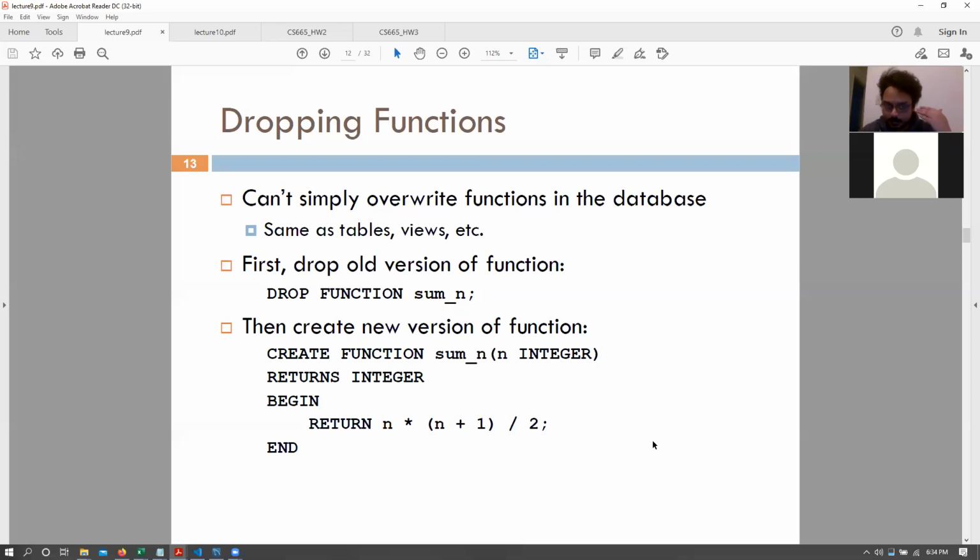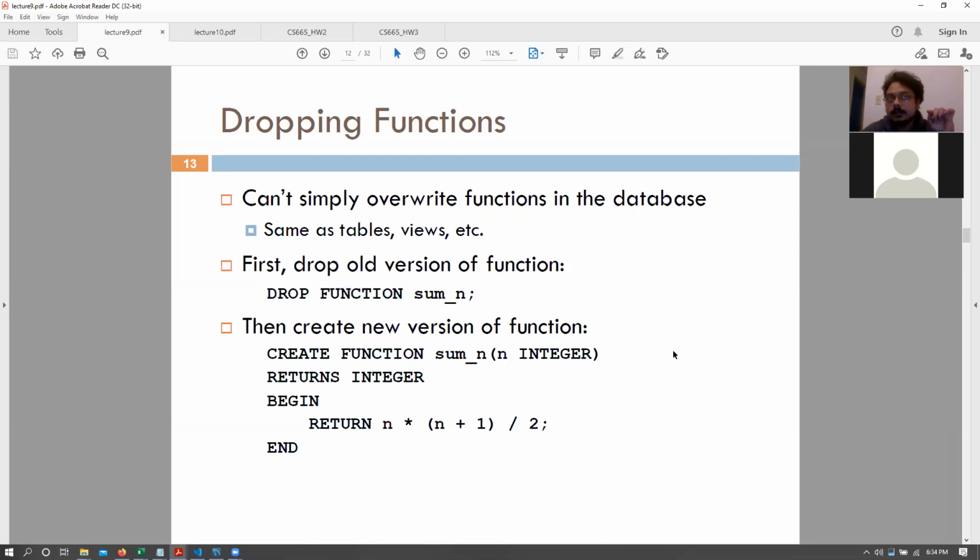Can execute them, you can perform select operations on them. So essentially, we can also create a new function as we did, basically create function, and so on. Or we can also drop an existing function from our list of functions using drop function and then the function name, right? Okay.